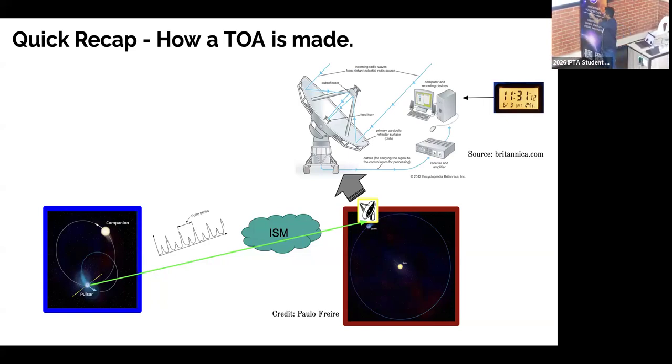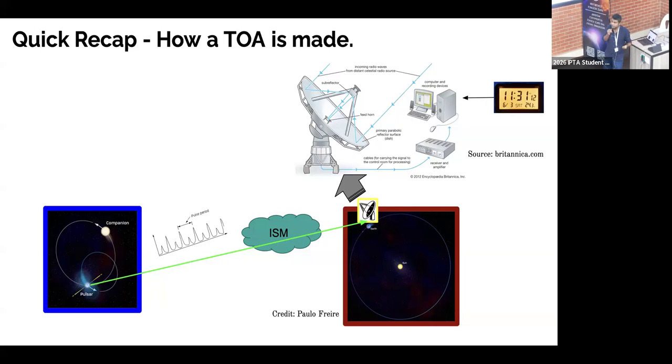And so the time at which we actually measure this pulse at our observatory is the time of emission at the pulsar plus this propagation time. And in addition to that, once the pulse reaches our telescope, it is not immediately recorded. It has to go through the observatory electronics and computer that is actually doing the data reduction and recording, etc. And so that process has some finite amount of delay, and that is also included in the time of arrival